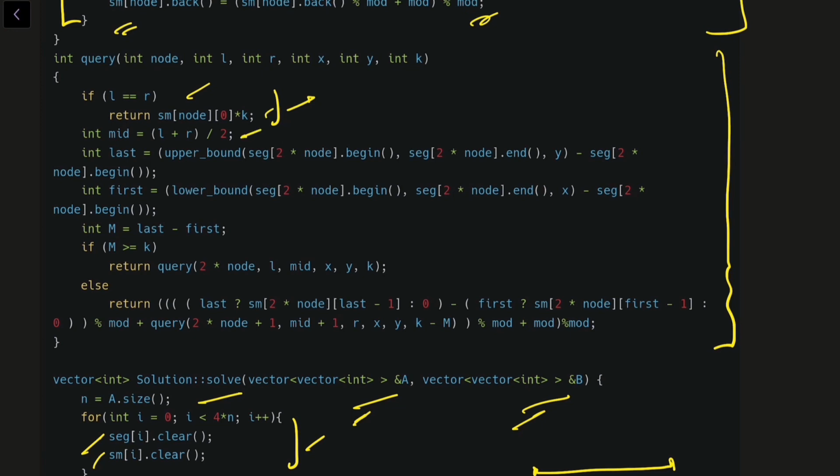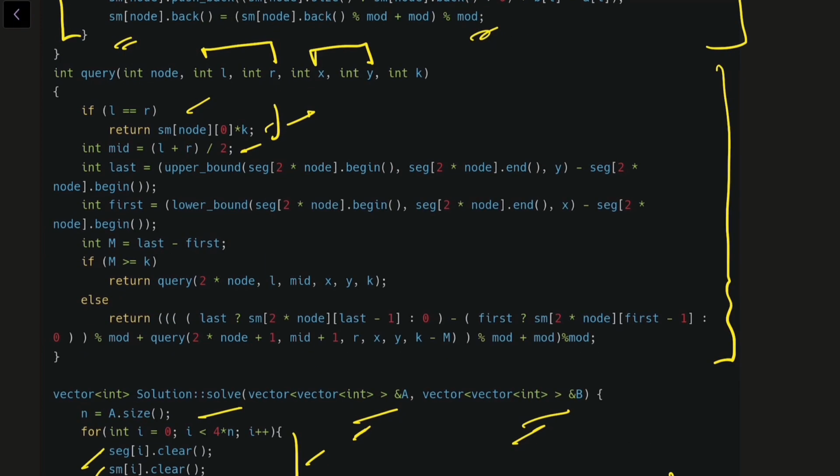Otherwise, I am going to distribute our range. Here, the range we are querying in is x, y. So don't confuse it with L and R. Here L and R is different from x and y. Now what I'm doing, I am storing this last variable and first variable, and then after that I am storing the subtraction of last minus first in M. So what is happening here is I am doing an upper bound in segment 2 into node.